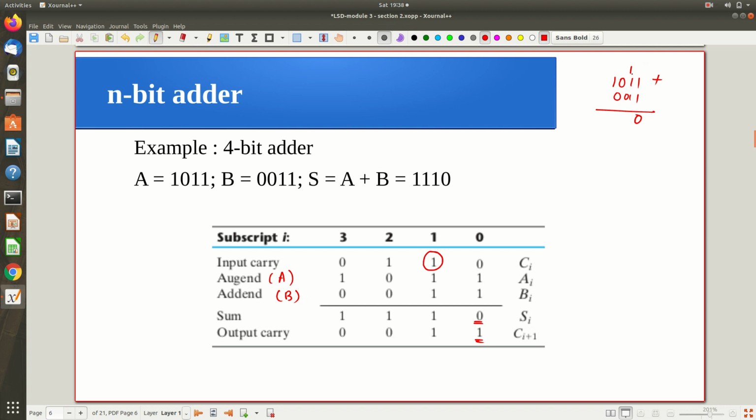Now the second position, these 3 ones you have to add, and the result is 1 and a carry 1. So these 3 ones you are adding and you are getting a 1 and a 1, and this one you wrote here for the next position. So everything is shown. Next, this 0 0 and this one together you are adding and you are getting a 1 and a carry 0, and this 0 you are writing here. And finally you are getting a 1 and a carry 0, and if there is a carry, that will come in the final output. So this is what you have to implement.